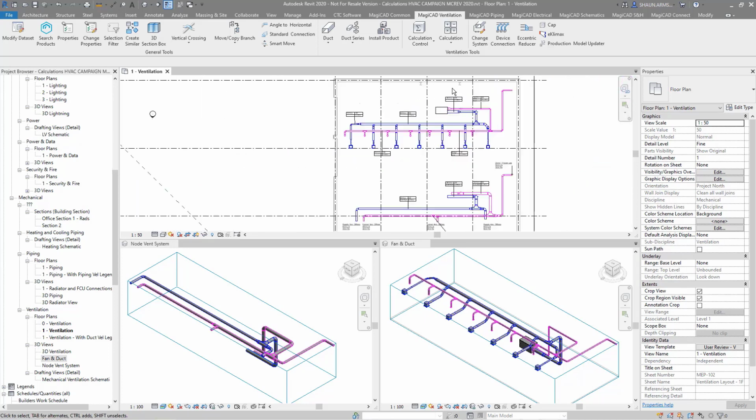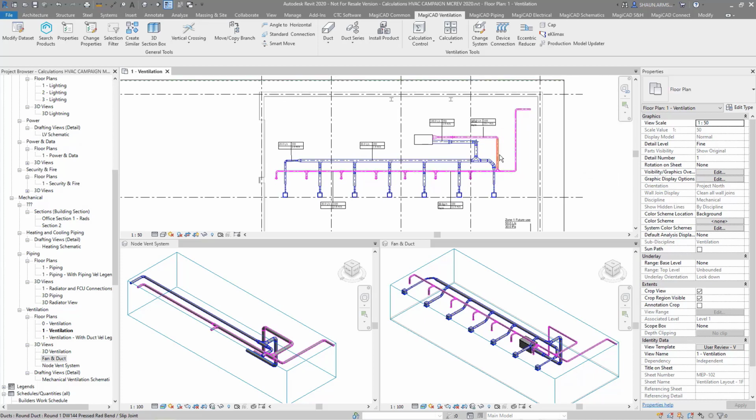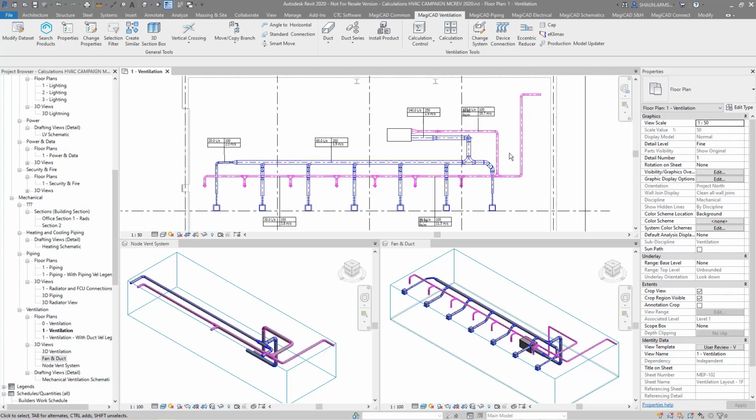Okay, and then if I move on to this system here, which is a bit later on in stages. So we've got a fan attached, so we've actually got a family for a fan, and then I've got grills attached as well, and they've got flows associated with them. So it's a similar system to the one below, but again what I can do is I can go on to size,